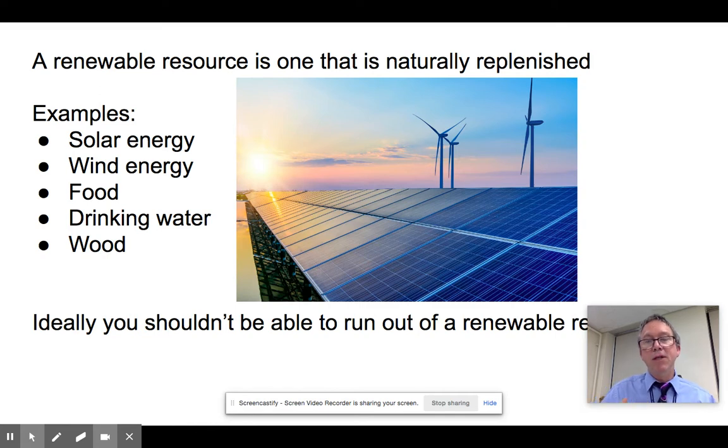Now, a renewable resource is one that you can never run out of, that it's naturally replenished. There's always going to be more of it. So examples of this would be like solar energy. The sun is always going to shine. As long as there's a planet Earth, for another 5 billion years, the sun's going to shine. There'll be solar energy. The wind, as long as the sun is shining, it's going to make the wind blow,